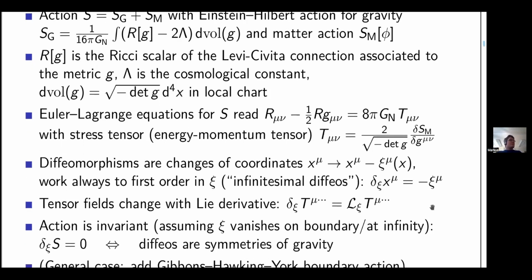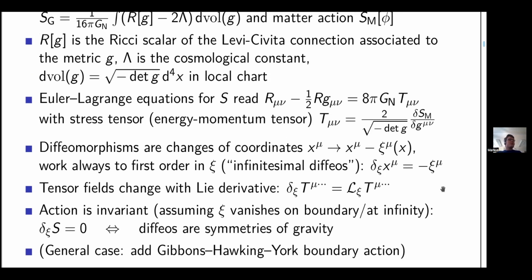And again, something that a student can already compute, the action itself is invariant. So that means that if you compute the variation of S, so of the total action, gravity plus matter, you get 0, assuming that your vector field xi vanishes on the boundary, or if you have a manifold with no boundary but some infinite ends and vanishes at infinity, then you get that the action is